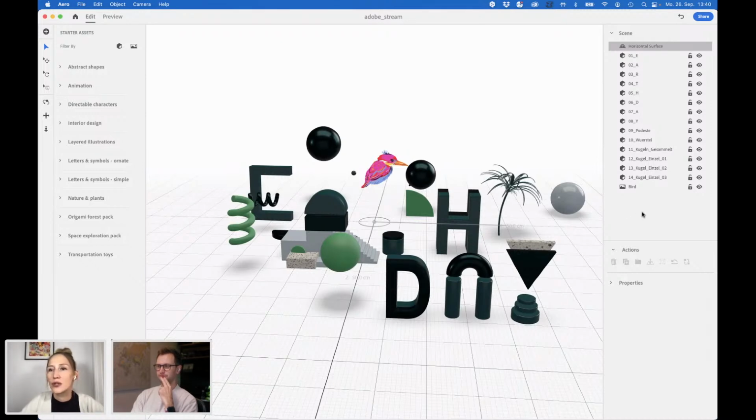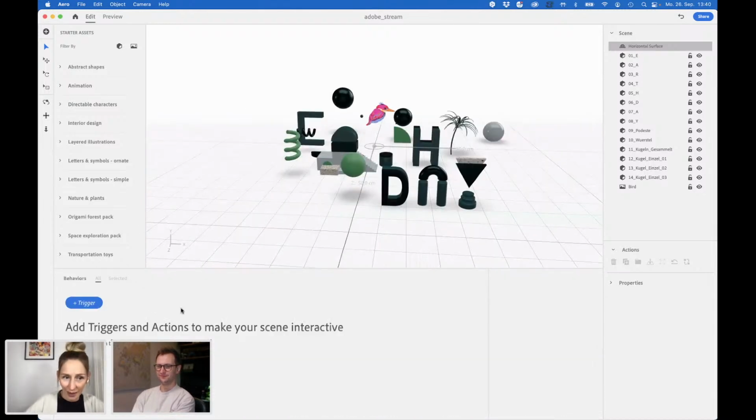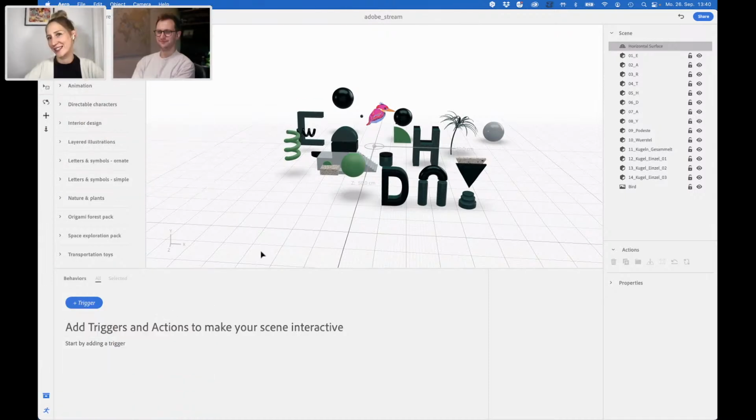specific assets. So, for example, we have this very nice icon. It's called Behavior Builder. When I click on this one, we can add some trigger and actions to make it more interactive. And that's the fun thing about augmented reality, I think. Yeah.